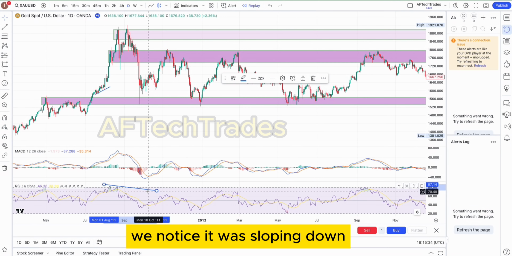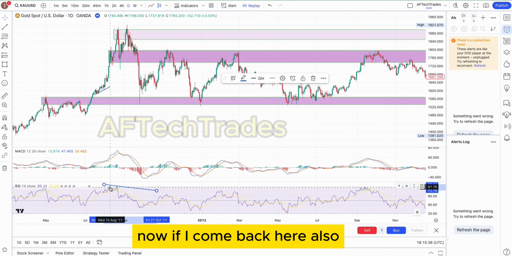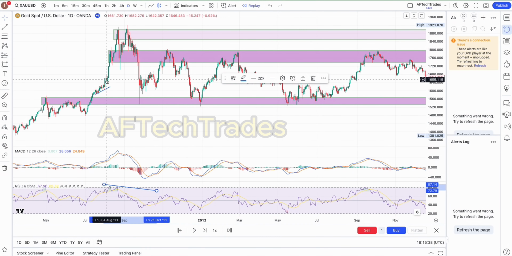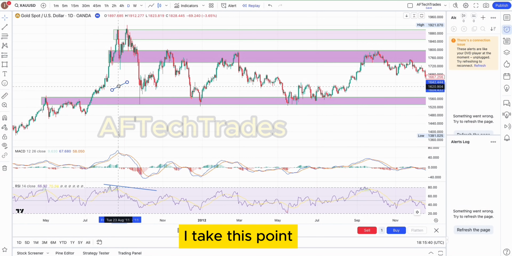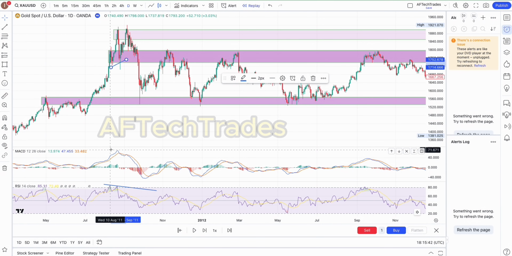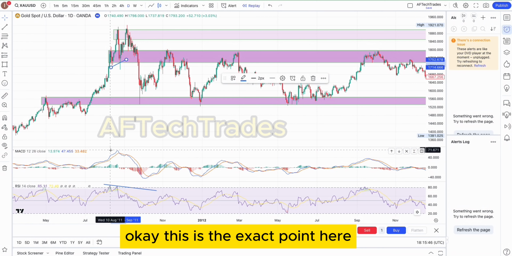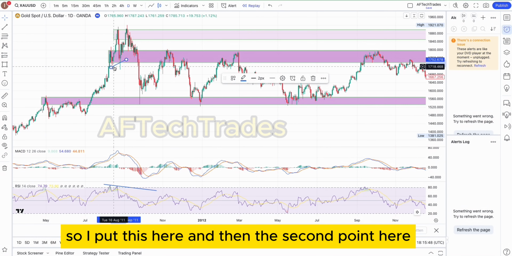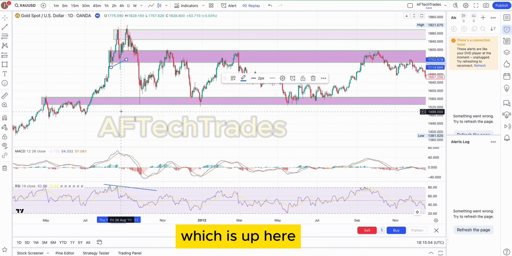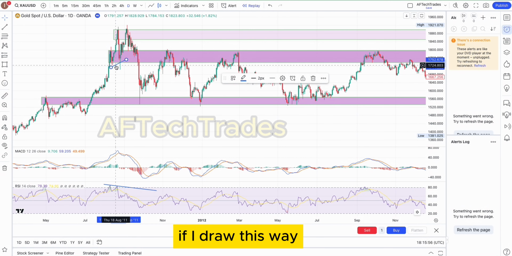We notice it was sloping down. Now if I come back here also, I take this point. Yes, this is the exact point here. So I put this here, and then the second point up here. If I draw this way,